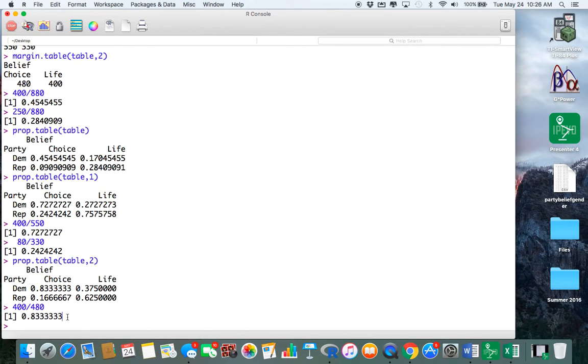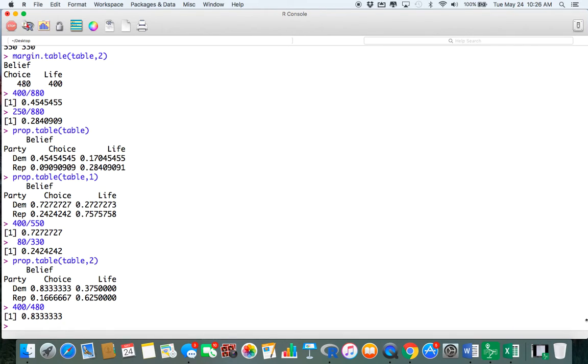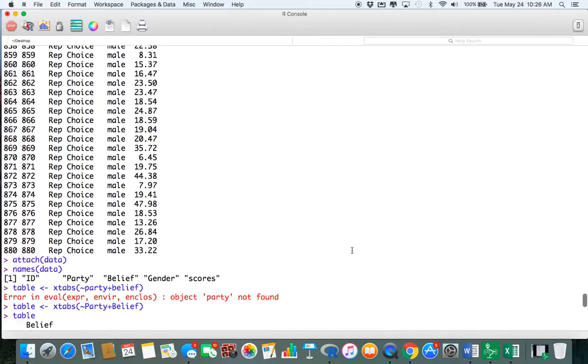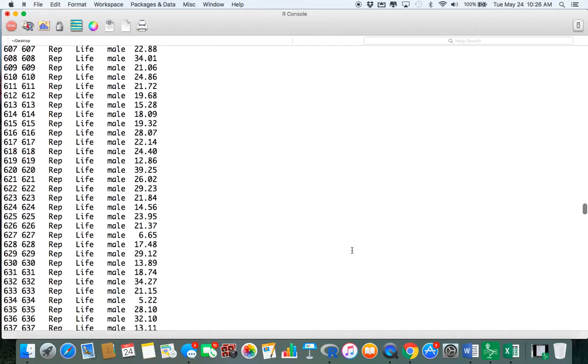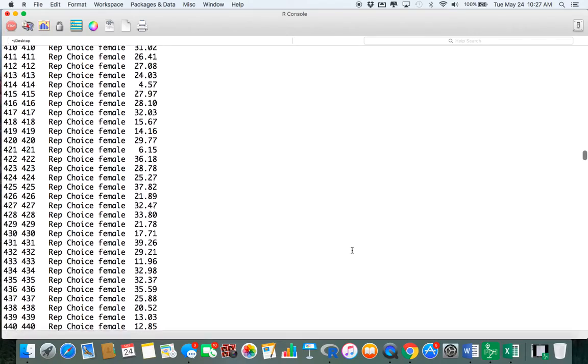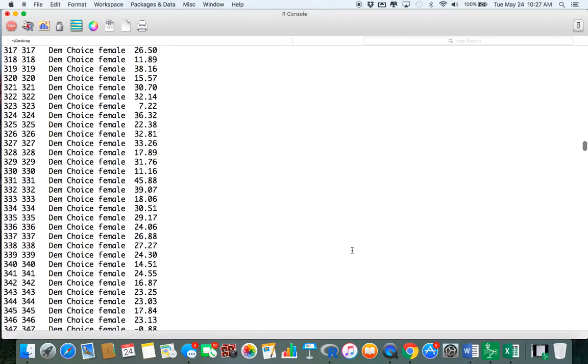We use our calculator a lot, but a calculator can't handle categorical variables. It can't create a 2x2 table like what we can do in R. So, guys, you're going to have to get R downloaded and get relatively comfortable with it. Now, let's just say I want to look at, instead of the relationship between political party and belief,